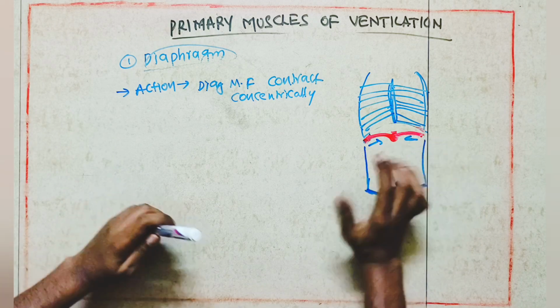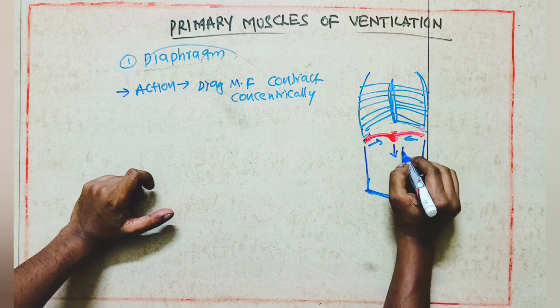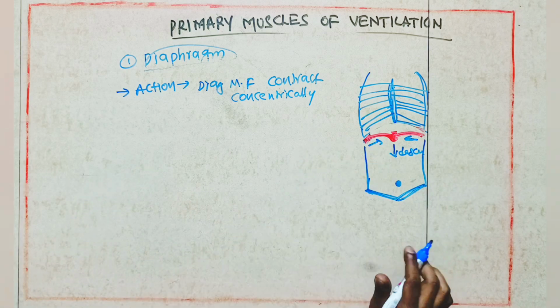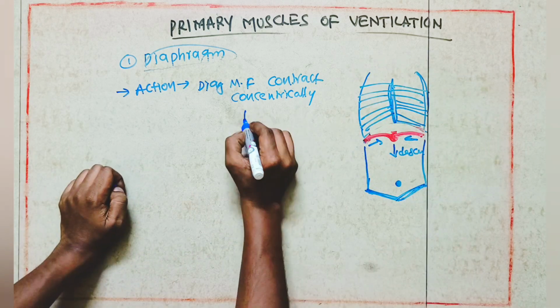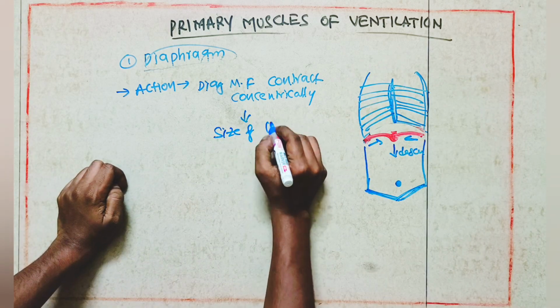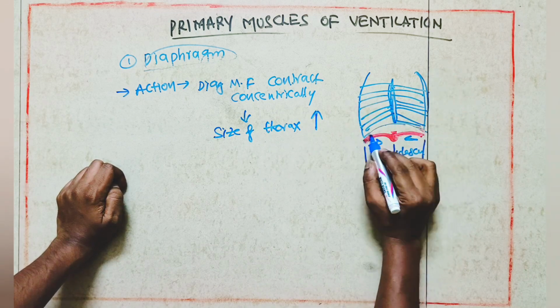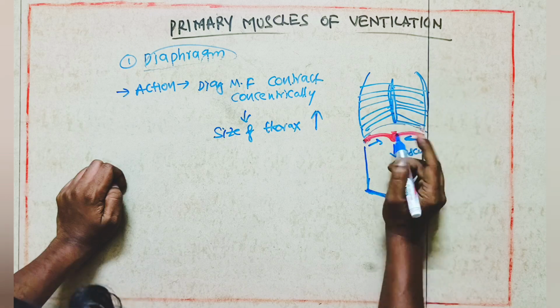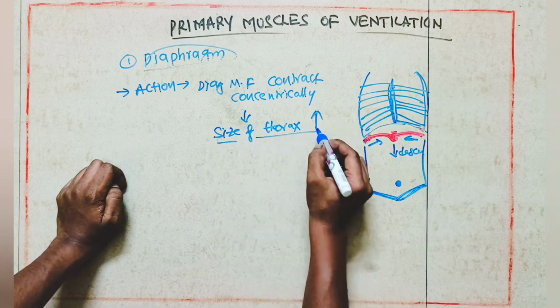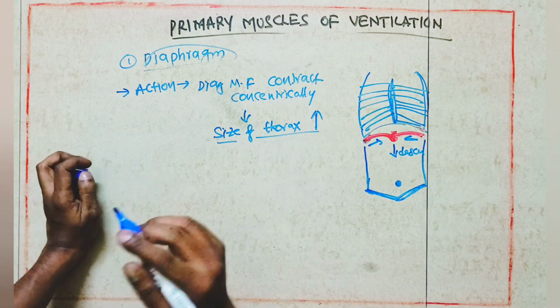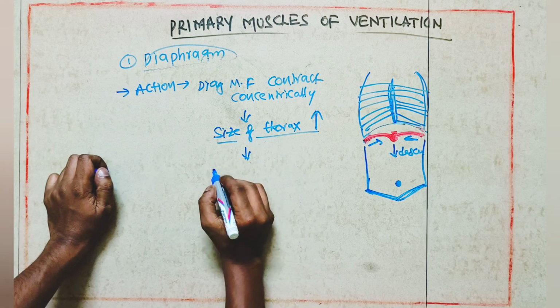What it means? The central tendon which is present here, it will descend. So when it descends, what will happen in the thorax? The size of the thorax will increase, because when the diaphragm was here, it was in some size. When it comes down after contracting, some space is found. So because of that, the size of the thorax will increase. When the size of the thorax is increased, it is going to increase the pleural